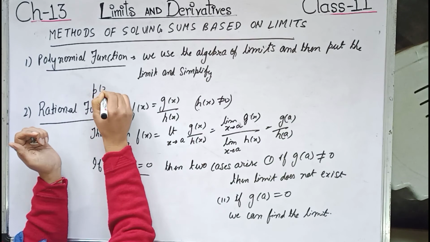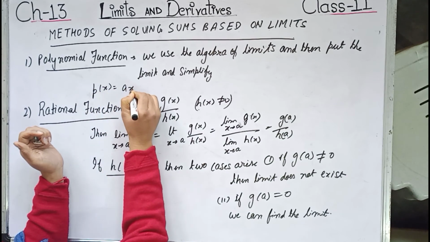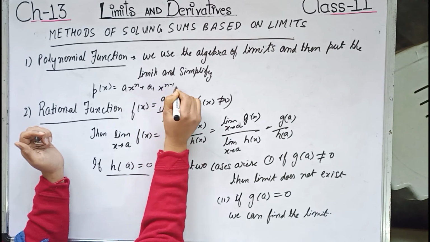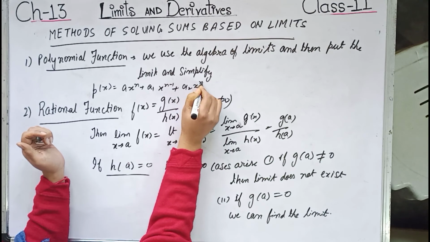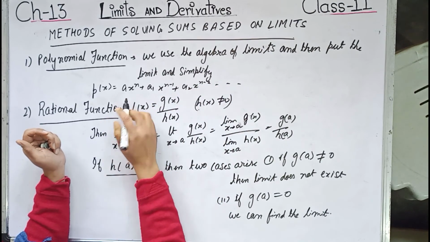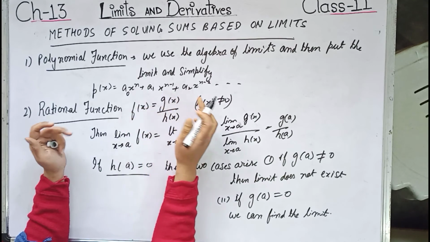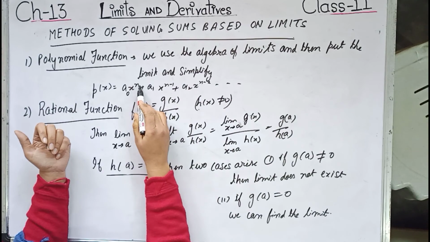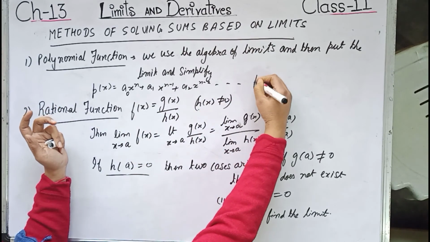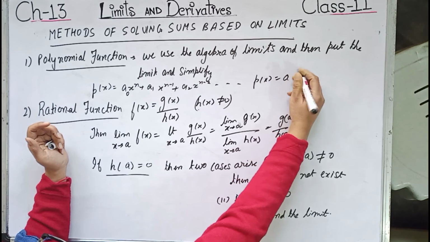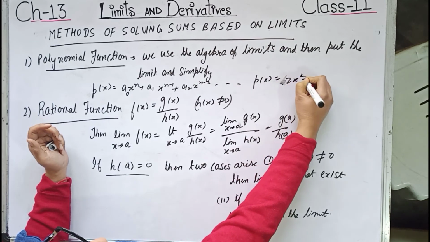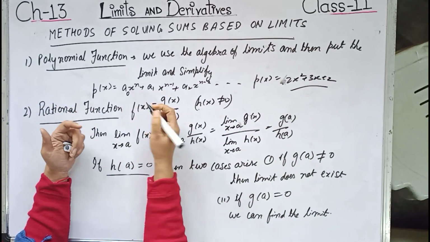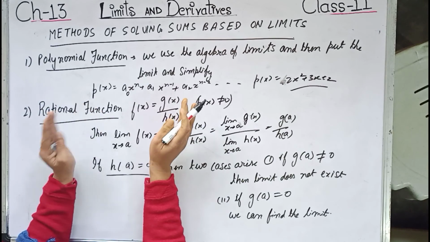Polynomial, you know, is an expression of the form p(x) equals a0 x power n plus a1 x power n minus 1 plus a2 x power n minus 2 and so on, where a0, a1, a2, a3 up to an are real numbers and the power n should be a whole number. Or simply you can take an example that p(x) equals 2x square plus 3x plus 2 is a quadratic polynomial, and as we write the value of n, that type of polynomial we will be getting.